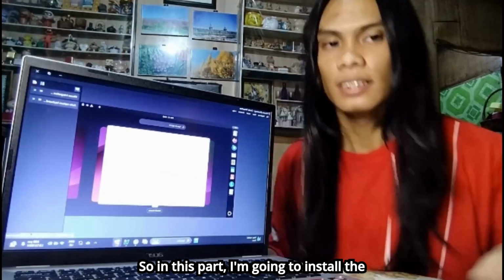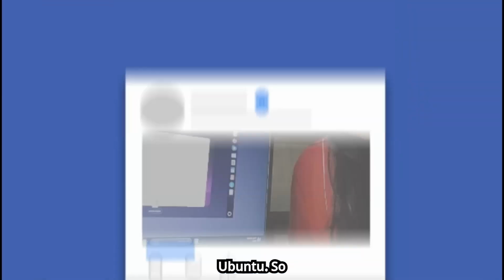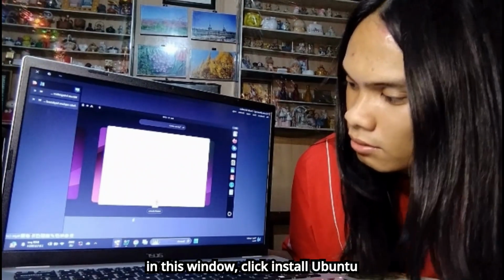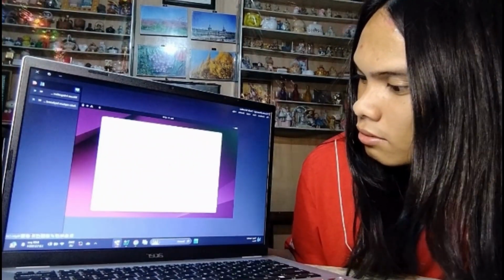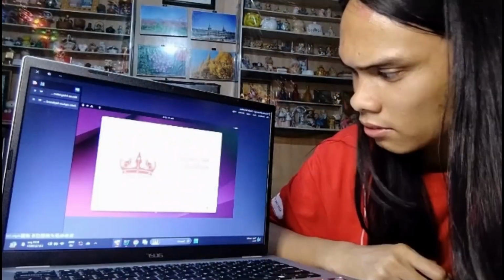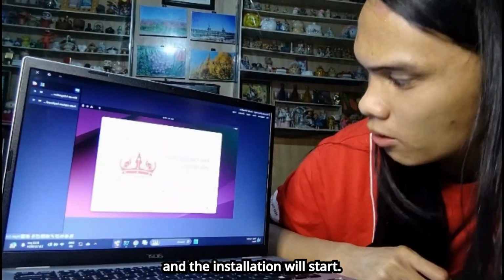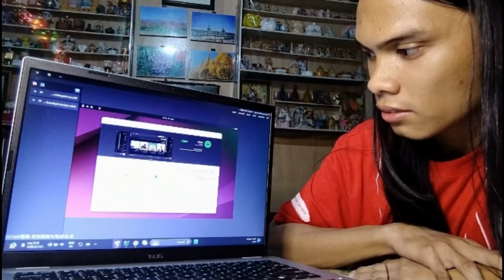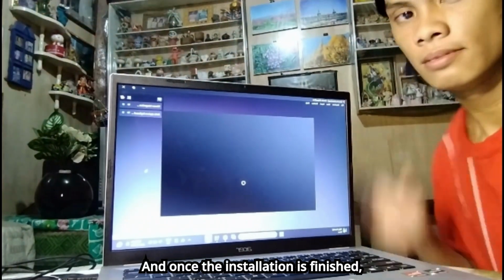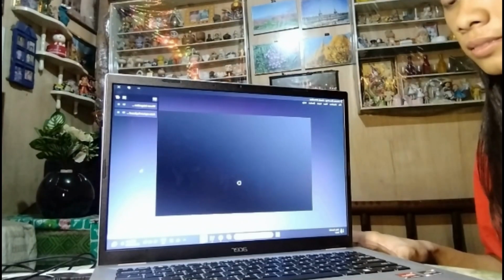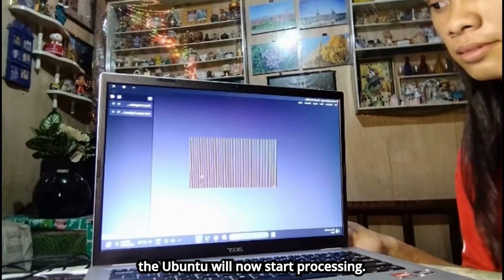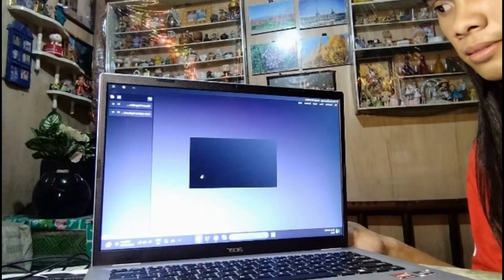So in this part, I'm going to install Ubuntu. In this window, click Install Ubuntu, and the installation will start. Once the installation is finished, Ubuntu will now start processing.